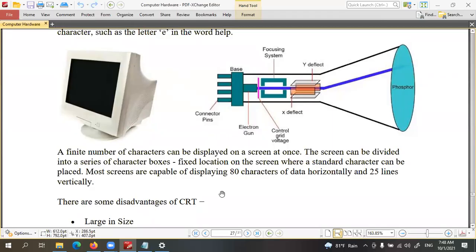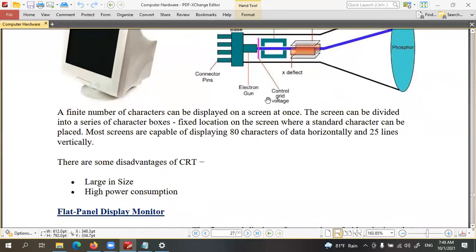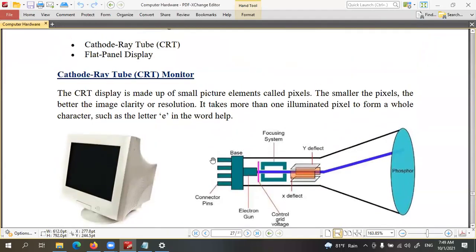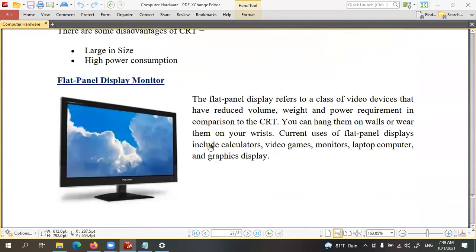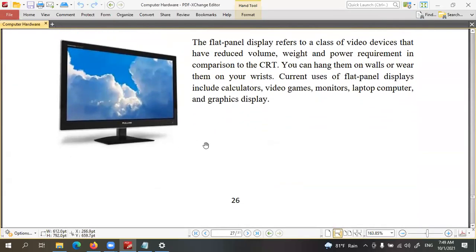And there are a lot of disadvantages there. It is large in size, it generates harmful rays, it consumes more power, and it generates more heat. Now we are using flat panel displays. Actually, there are three flat panel displays. One is LCD.